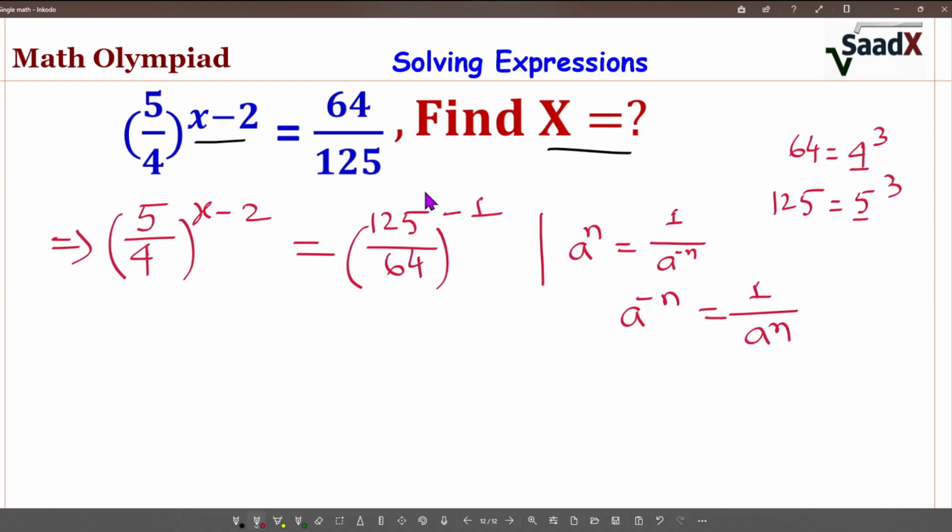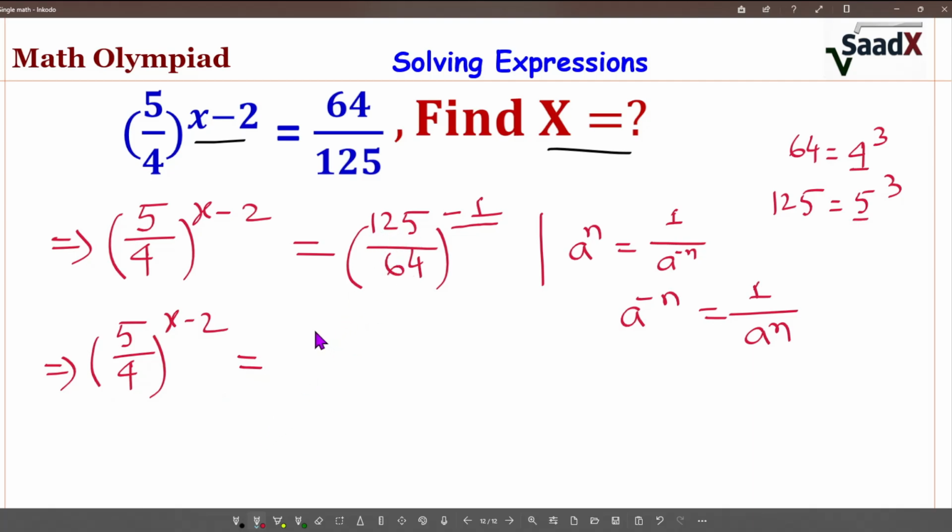So just flip, this fraction becomes flipped because we are using a negative power. So this is (5 by 4) to the power x minus 2 equals